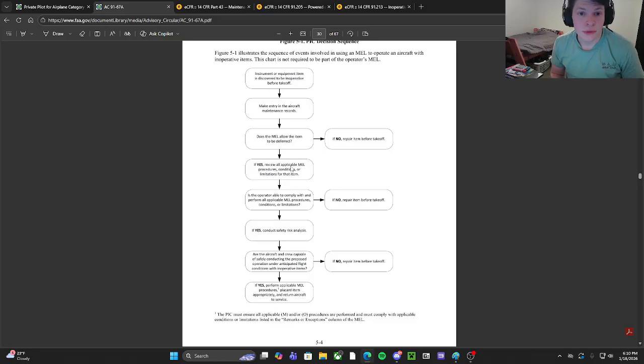And if we go through all of those and it doesn't list that item, then we do the most important part, the safety risk analysis. So if we know that we're good by the books, we then need to check, am I safe? Will I be safe if I do this flight with this thing inoperative? And if I determine that the answer is no, then I don't fly. I get it repaired. But if I determine that the answer is yes, I go through and do what's called